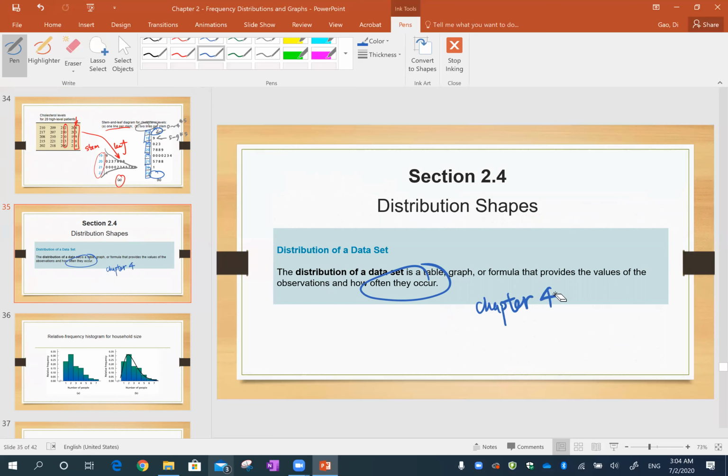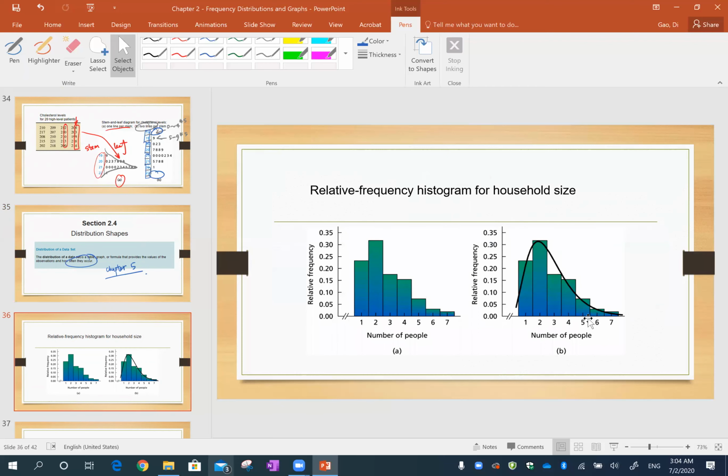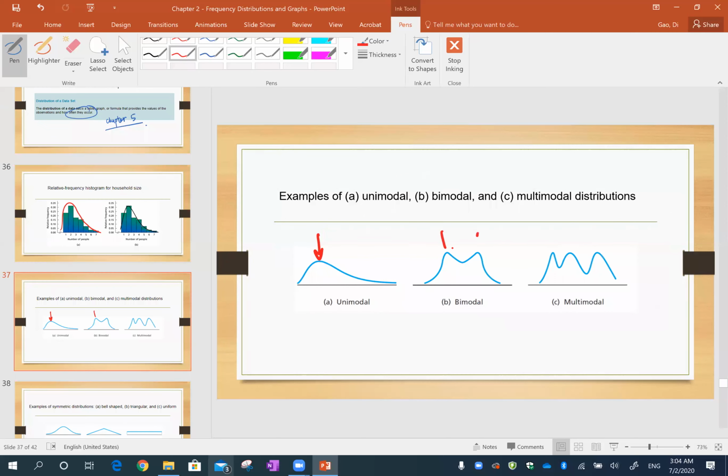Those are more mathematics and statistics topics. Right now, we're focused more on the shape. To describe a shape, we did this already: just put a smooth curve on top of it to look at the data set. Based on the peaks, this one has just one peak, this one has 2 peaks, and then multiple peaks. So based on the peaks, we say the distribution is unimodal, bimodal, or multimodal. And then based on